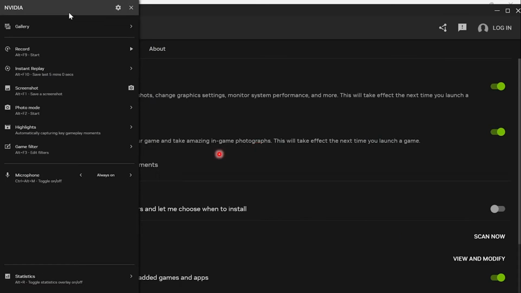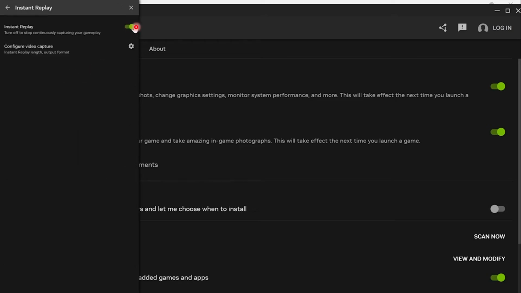Then open up the NVIDIA app. Now what you're going to do is just open up the NVIDIA overlay, and I want you to come down right here to this microphone, and then turn this off, just like this. Turn it off, and then come here and click on instant replay, and make sure you toggle this one off,